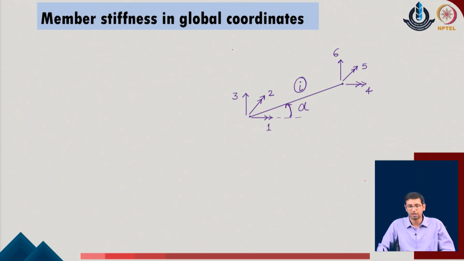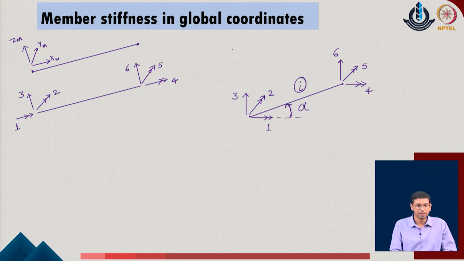So, to evaluate the global direction stiffness calculations, we now realize that we need to have a transformation relationship which will convert the local coordinates degrees of freedom to the global coordinates. To do so, we realize that this is the local coordinate of the given system, local member axis, corresponding to which we have these defined directions of the given system, and these are the global directions of the given system. So, if at a point I just bring all these values together, I say that corresponding to the directions of the given system, this is the global direction of the x, this is the global direction of the y, and this is the global direction of the z.